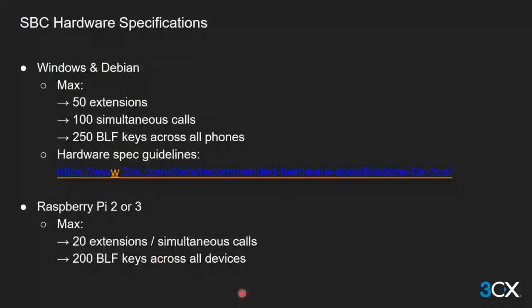So we have the SBC hardware specifications in here. For Windows and Debian, we have maximum 50 extensions, 100 simultaneous calls, and 250 BLF keys across all phones. Please take note that the main difference between SBC and STUN, which will be discussed later on, is that for